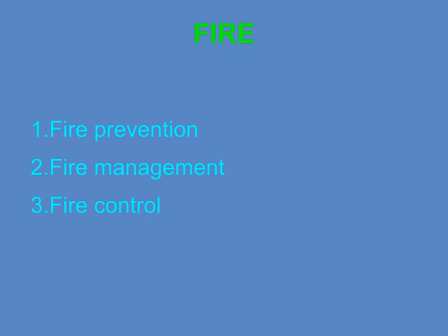This could mean creating clear evacuation routes, having fire drills regularly, and ensuring that fire detection and alarm systems are in place and functioning properly. Finally, fire control is what we do when a fire actually occurs. It involves immediate response efforts like using extinguishers, calling emergency services, and implementing containment strategies to prevent the fire from